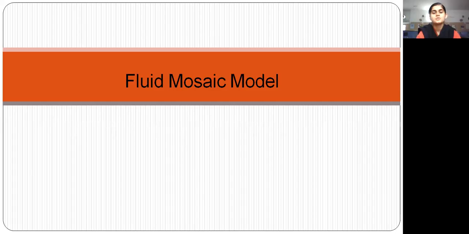Hello everyone. Today we are discussing paper number 502, unit number 5, membrane biology. The topic is the fluid mosaic model. The fluid mosaic model describes the structure of the plasma membrane in animal cells. It surrounds the cell with a double-layered structure, so it is also known as the bilayer structure model.